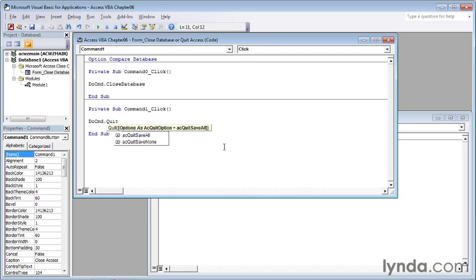Then when I press the space bar, I can select my options, and I'll press the Escape key to remove the super tooltip that was obscuring the top option. The options I can set control how Access will handle the data within the database as it closes. The top option, acQuitPrompt, asks you if you want to save any changes in any open object. The second is acQuitSaveAll, which saves everything regardless of your choice. And the third is acQuitSaveNone. In this case, I will use the down arrow to highlight acQuitSaveAll to save any changes, and then